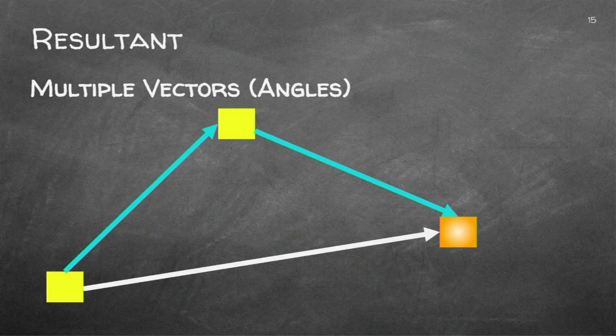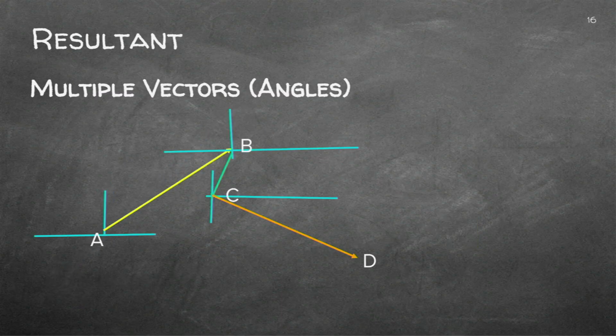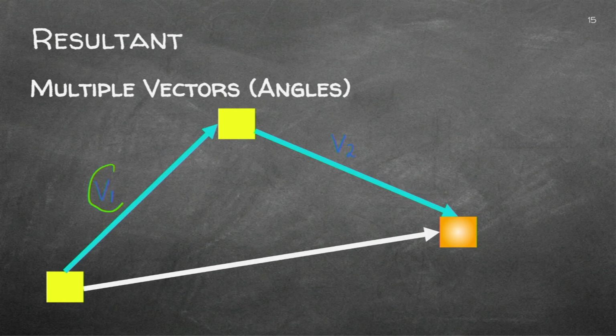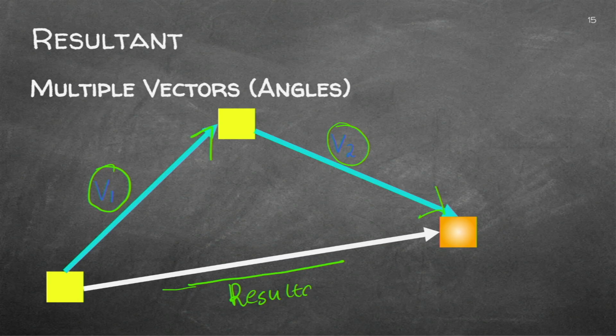So have a look at the resultant. Can you see this is vector 1 followed by vector 2, and let's make that clearer. There we are. Vector 1 is going that way, and then vector 2 is going that way. And those two are represented, what's the definition? By one single force, which we call the resultant. The resultant is the starting point linked to the end point. Make sure that you know how to do this.